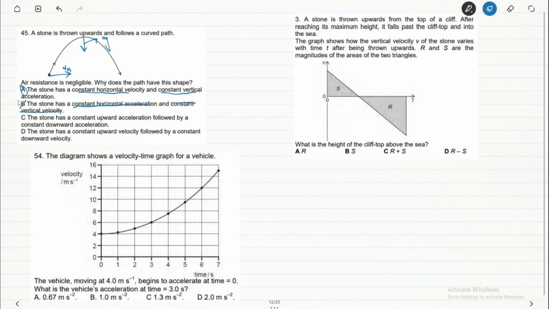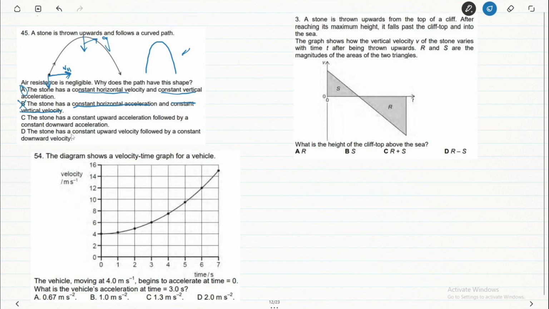So this is wrong. I mean, it does have a constant acceleration in the horizontal direction, right? Which is 0, but that doesn't really explain why the motion is like this. Even if it wasn't, right, even if this had a deceleration, the path would be something like this. It wouldn't have been that open, but it would still be this shape, because of this acceleration, right, that is the main cause of this, right? This in the horizontal direction in one direction, and